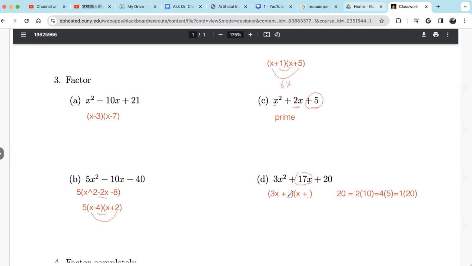17x comes from multiplying those two, multiply these two. Oh, this one, right? Do you see 4 and 5? If we put a 5 here, 3 times 5, 15. And then,